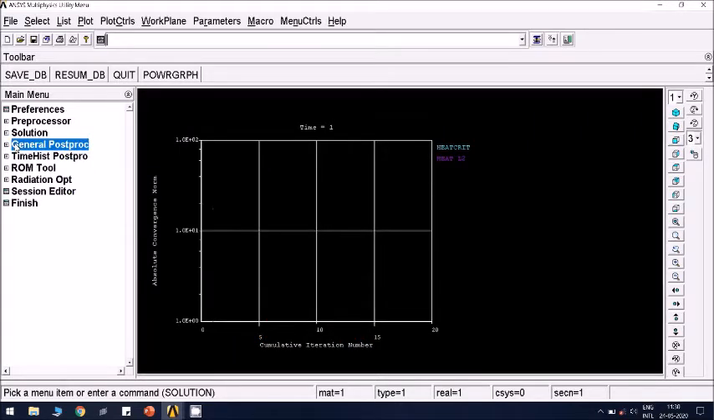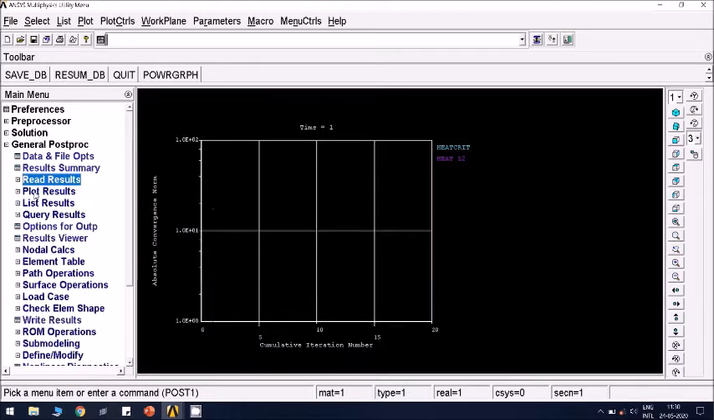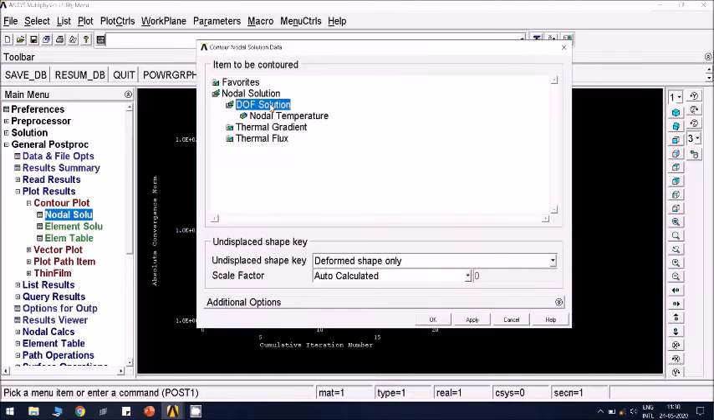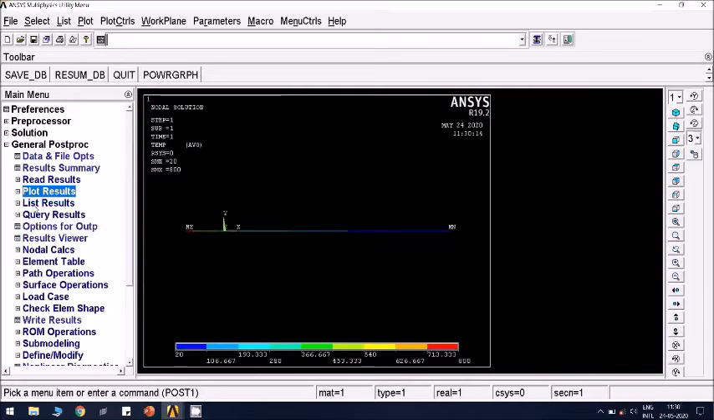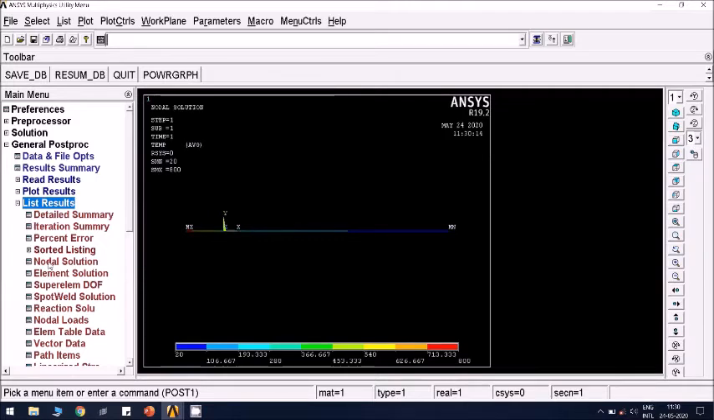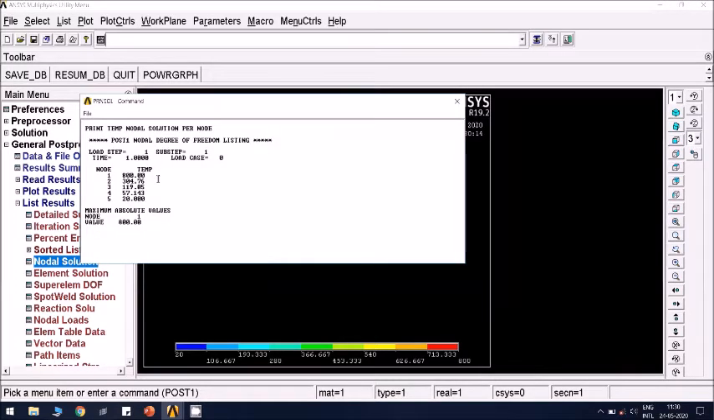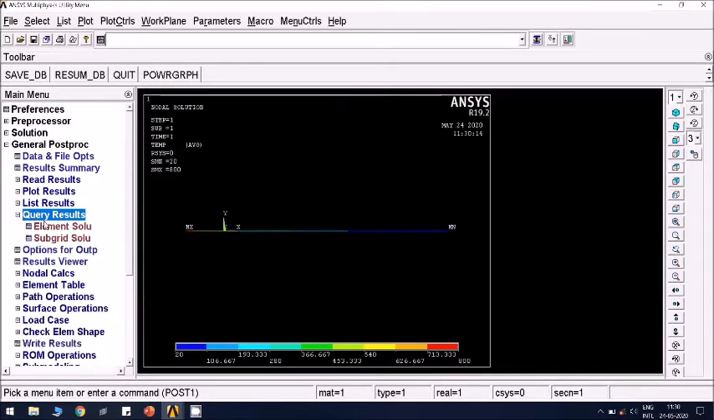Solution is done. Go to general post processor, read results, last set. Go to plot results, contour plot, nodal solution, DOF solution, nodal temperature is the temperature distribution. If you want to see individual nodes' temperature, go to list, nodal solution, nodal temperature. You can go to the list, and if you want to see it on the screen,